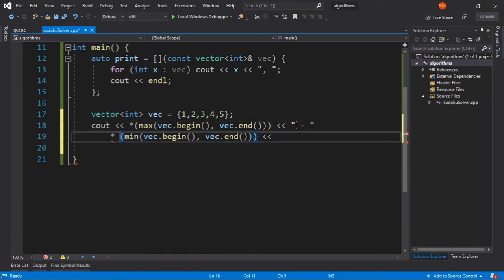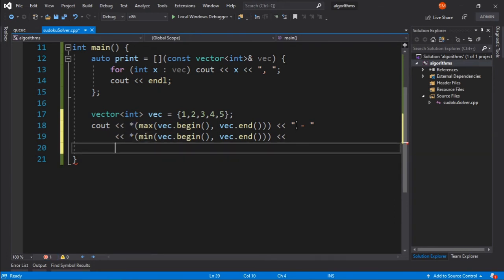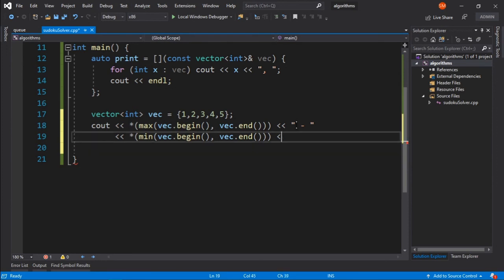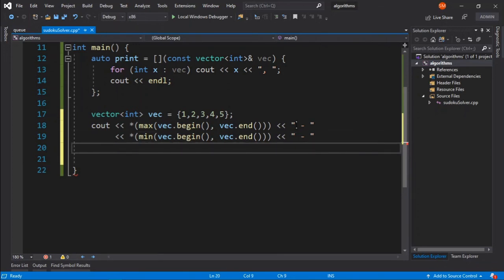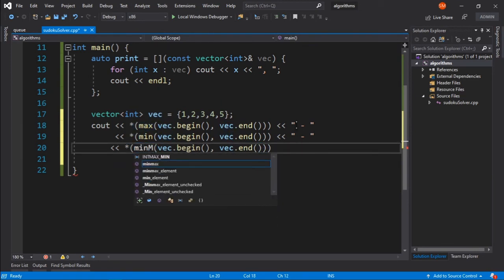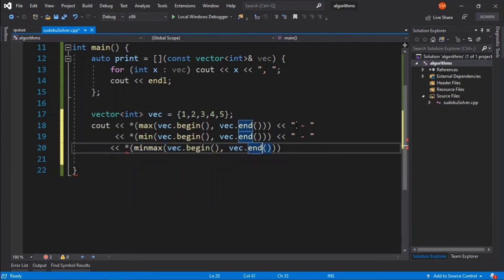Okay, we're dereferencing it, so we shouldn't give any space, and also we can give a double colon here to specify that this belongs to the same namespace. And also just remove this one here, and we can give our dash here. And there is also another function called minmax. So minmax will typically return you a pair. So to get the values individually, you will call first and then you will call